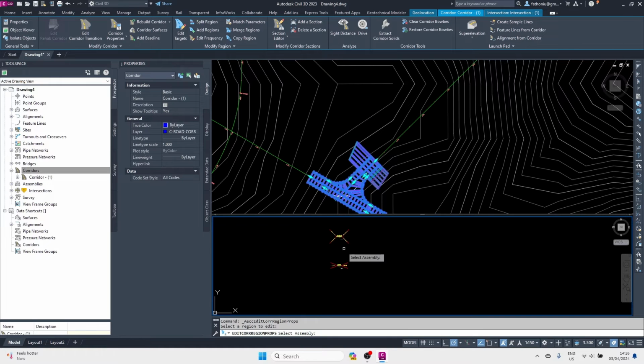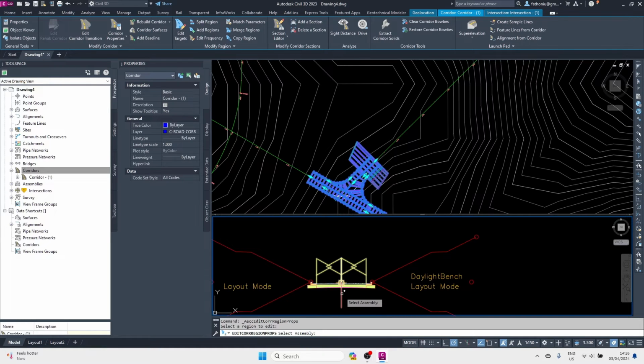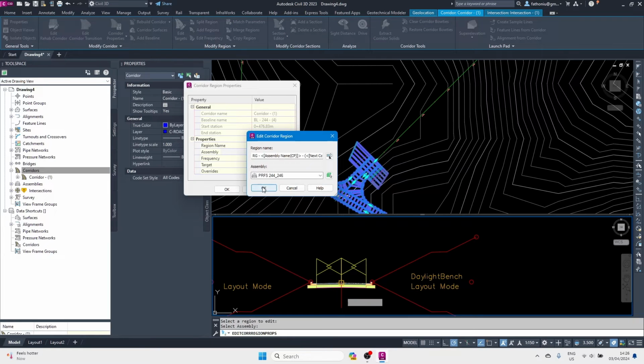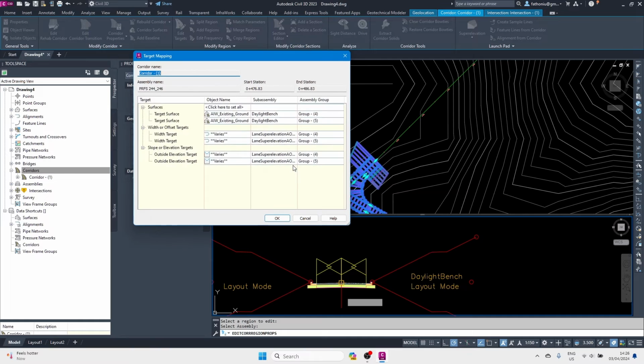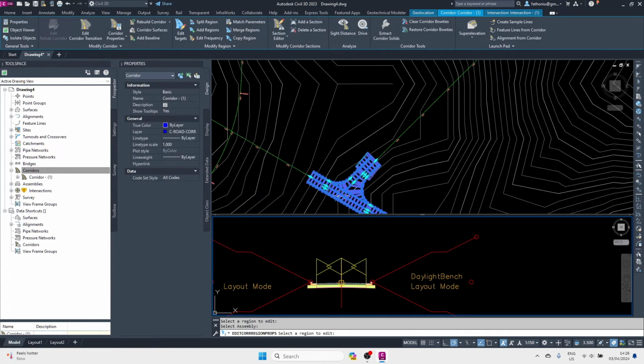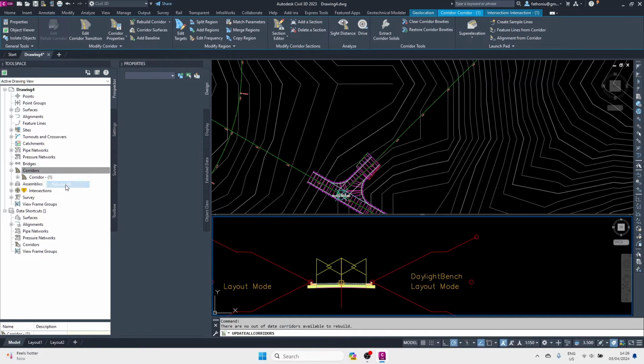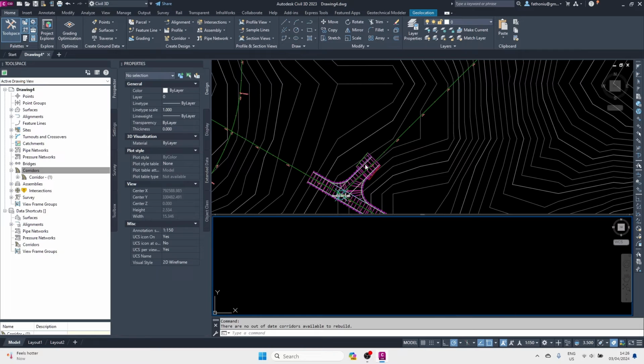Go for this one. I'm not sure why it cannot target. We select the target. So already target already correct. Let me check that one by one. So this one's target is not correct. Let's click rebuild all. So the daylight here is appropriately